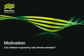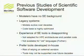So my motivating question going into this study was, I'm a software engineering professor. These people build software largely without any software engineering training. Surely we must be able to help. We know how to build software. So that was my motivation going into the study, to look for places where software engineering tools and techniques could help these people. And going into it, we didn't know much about what the software engineering practices are amongst computational